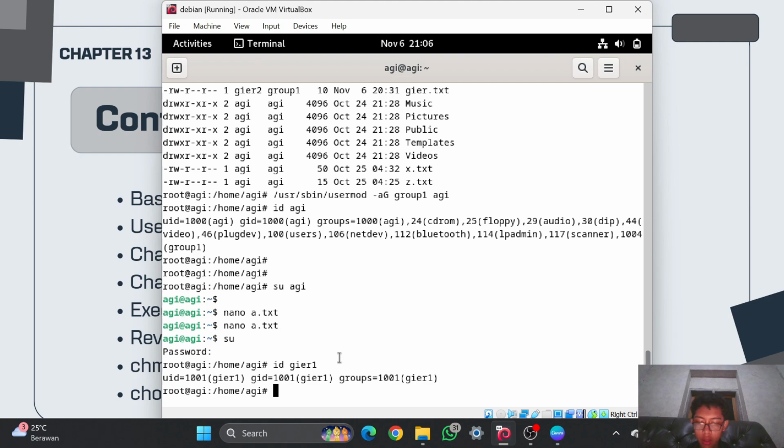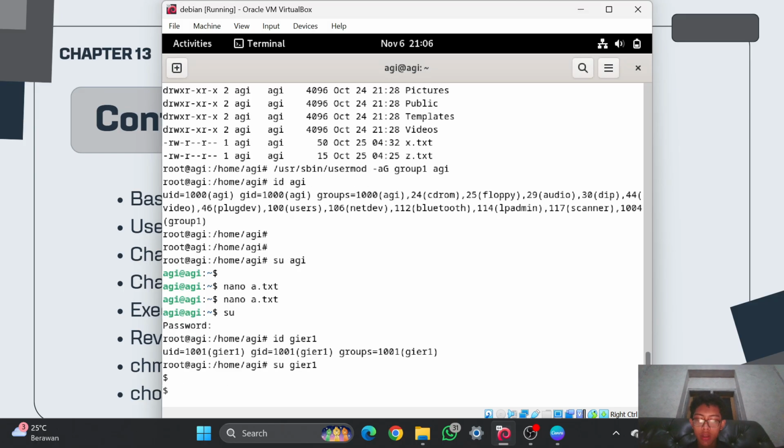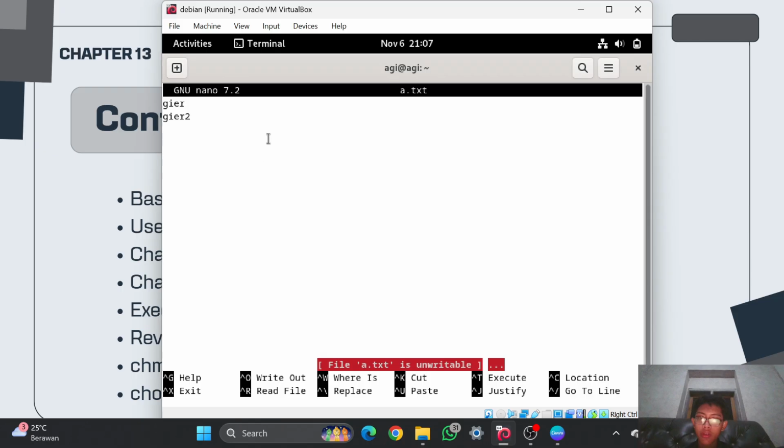I will su and then gr1. Sorry if my explanation is complicated guys. And then I will try to edit the file of a.txt, and as you can see it is not writable.